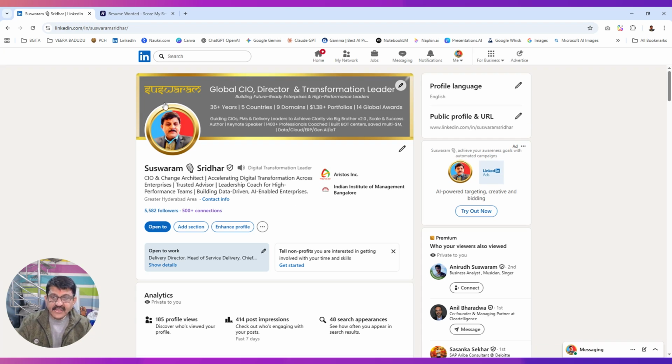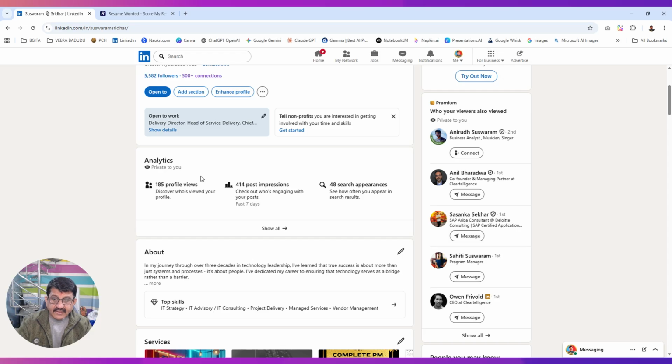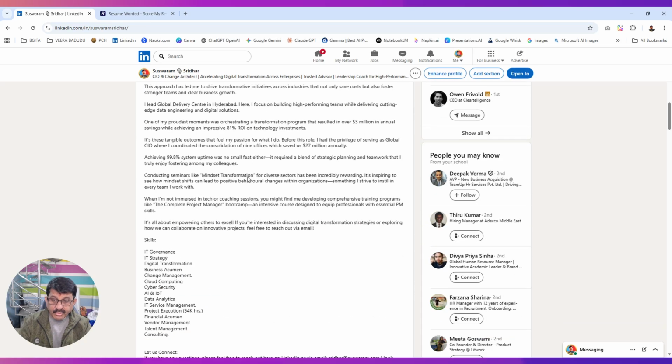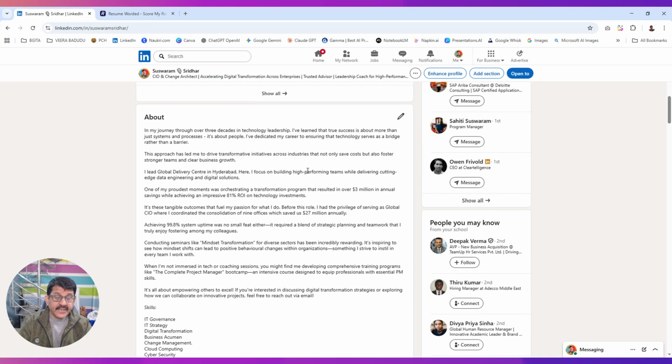For example, this is my profile page, where you can see the header with a profile picture, a background, and proper header information. Then we need to configure the open to work setting, and see how to write the profile page. This is the about page. We need to write it appropriately, because if you are looking for any business opportunity or getting a job,